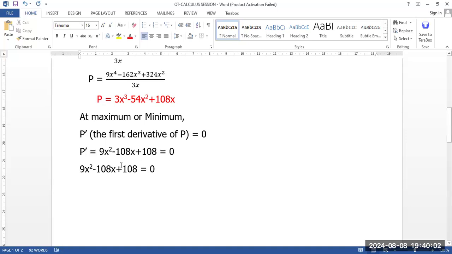If you get 108 divided by 9, yes, all these figures are divisible by 9. So you can reduce your equation: x squared plus 108 divided by 9. What do you get? You get 12x plus 12,